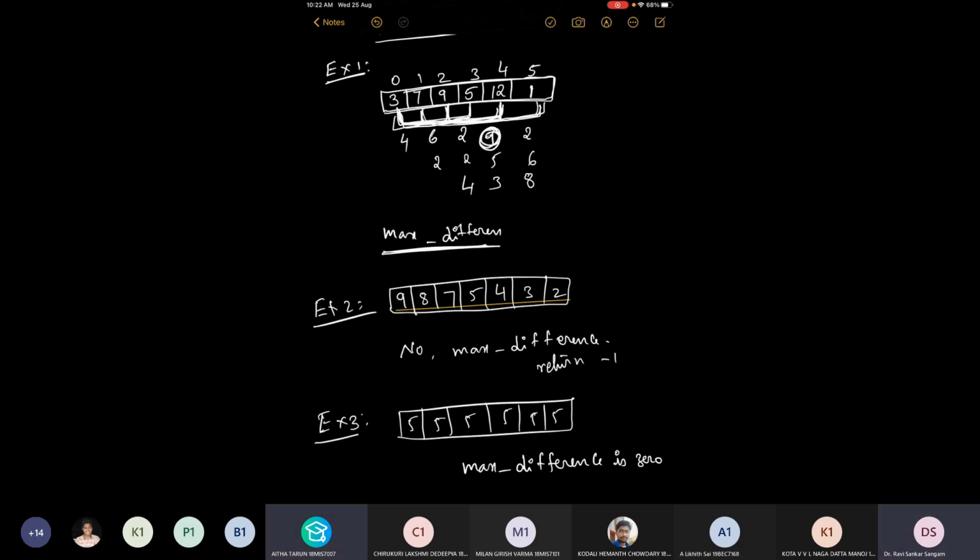We can calculate the absolute difference of I and j, and if it is greater than the max difference. Initially, we can take the 0 index and 1 index as the max difference. And another condition is array of I is less than array of j. No. See, you should not